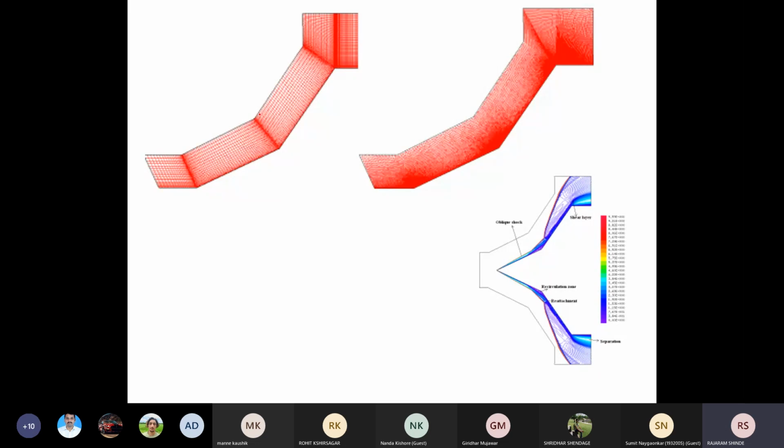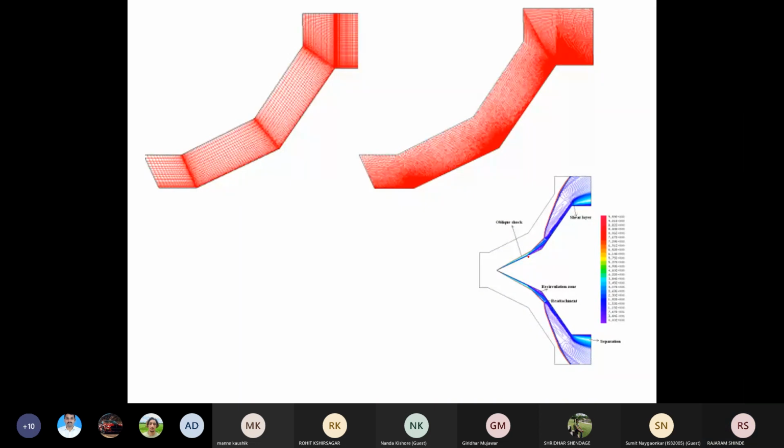After discretization and grid generation, you get the system of linear equations. That system of linear equations you have to solve to get the results, to get the velocity field. Okay, after getting that velocity field, you have to go for post processing. In post processing, you are going to plot different types of results, that are the contour plots, vector plots, streamline plots. Okay, these plots you have to take over the flow domain. Okay, this is your process, or numerical process, while solving fluid flow or heat transfer problems.